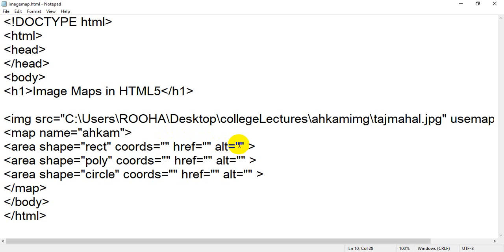Then alt, that is the alternate text, is used if your image will not display. Because of any reason, if your image will not display, this text will be displayed. In the same way,